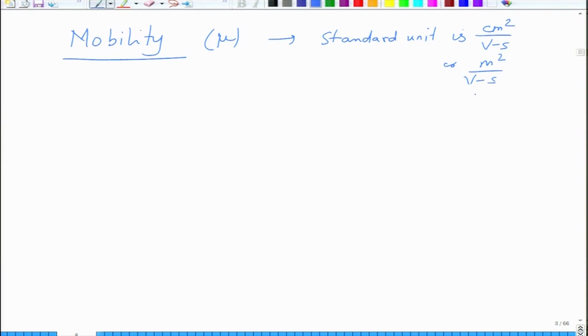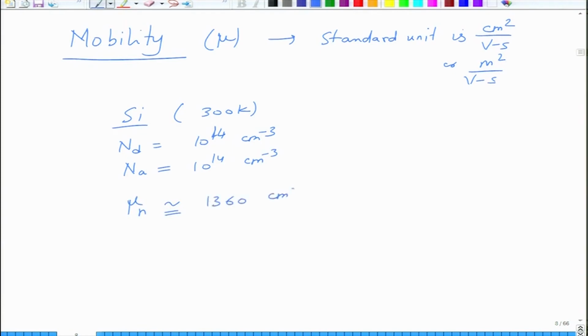The typical values, let us say for silicon at 300 K: if you have Nd equal to 10 to the power 14 per centimeter cube, Na as 10 to the power 14 per centimeter cube, then mu n is approximately equal to 1360 centimeter square